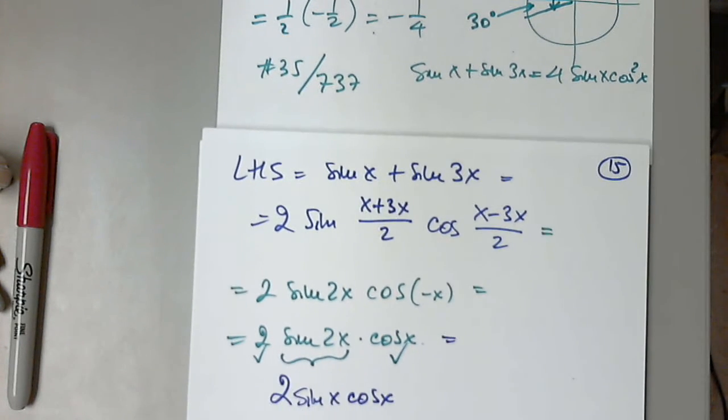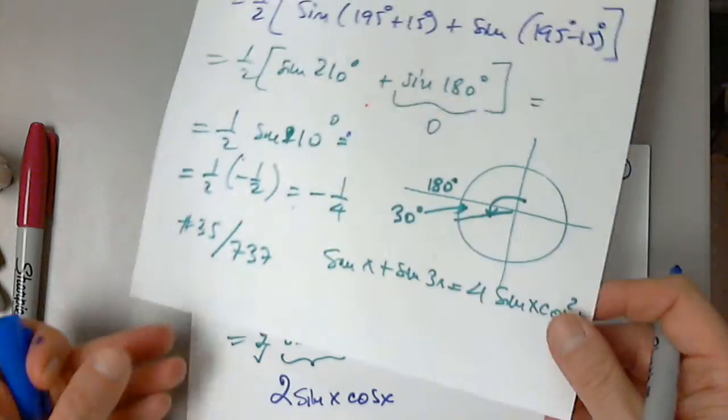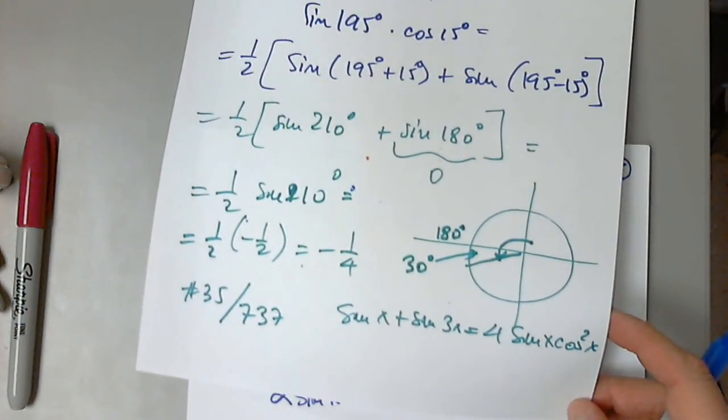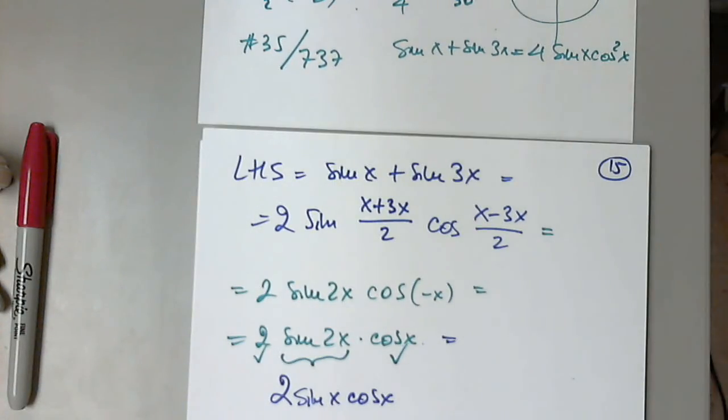So then when we put everything together, we have 2 times 2, which is 4, sine x, and of course cosine squared x. And this is indeed the right-hand side. We had 4 sine x cosine squared x. This was possible